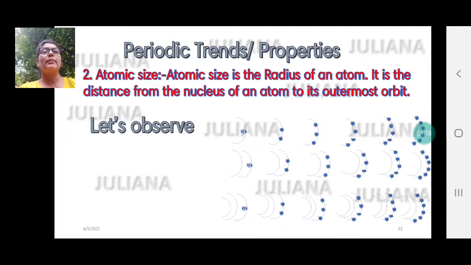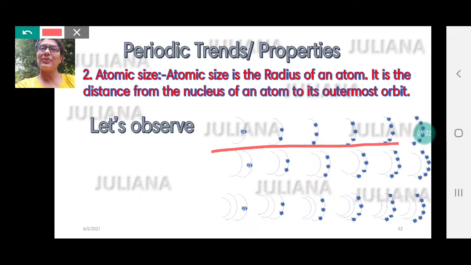What about in a period then? Is the size increasing? No, right? You are feeling it's no. Let us see whether you're right or wrong. Because what is your justification? Yes, the number of shells is the same, so the size also should be the same. Right? But is that right? No. Why?